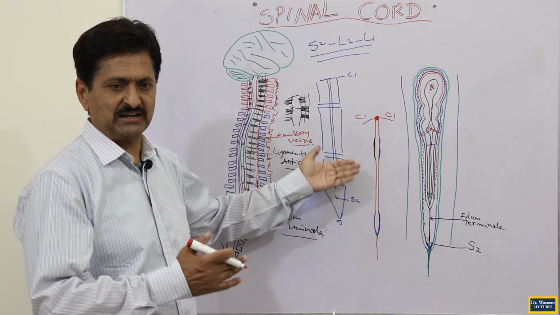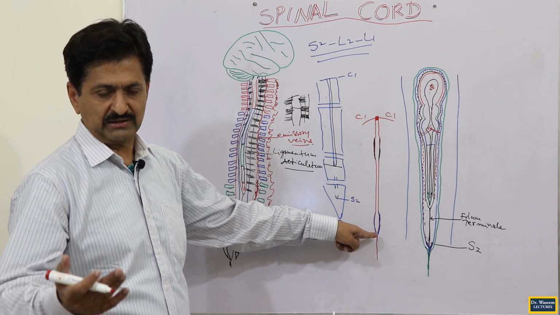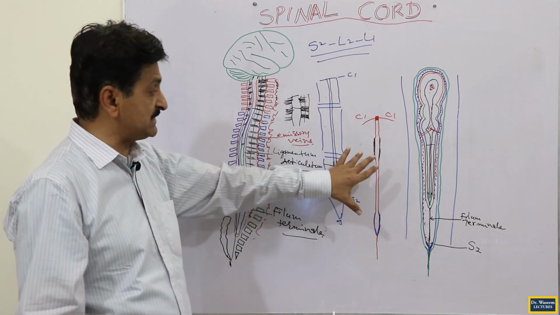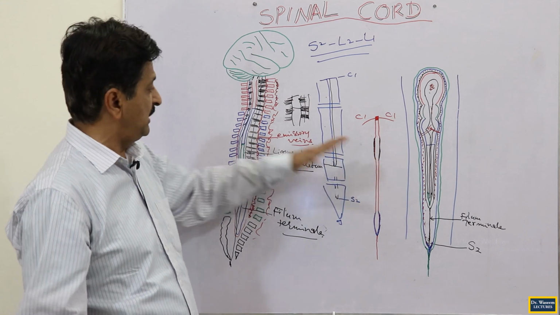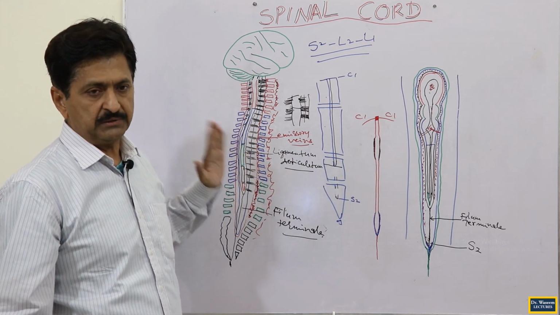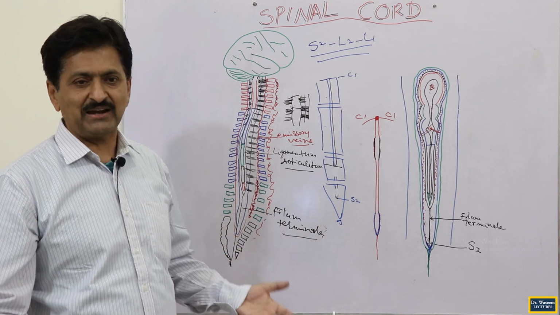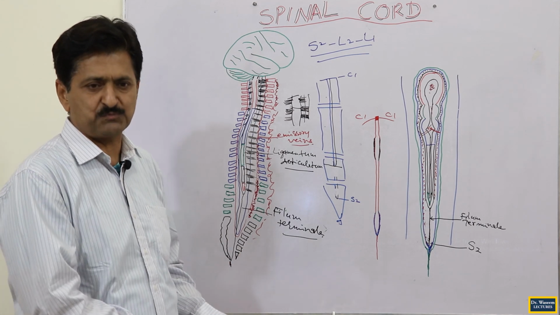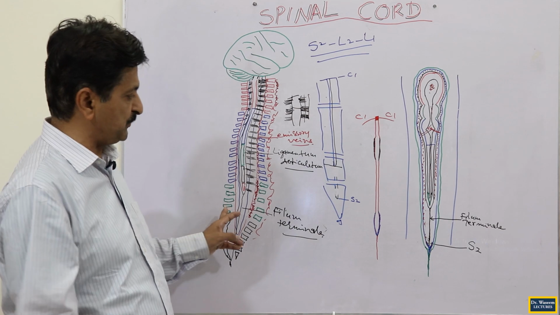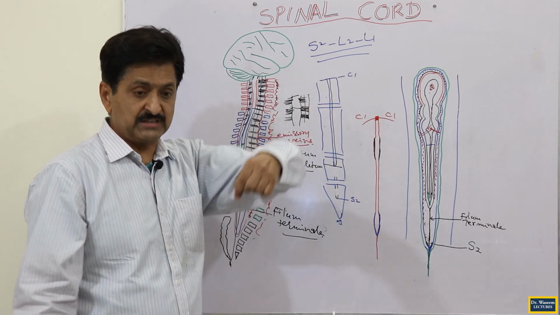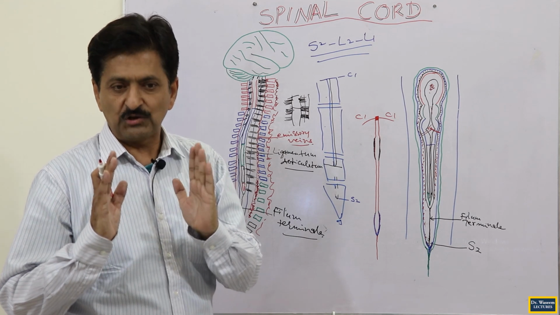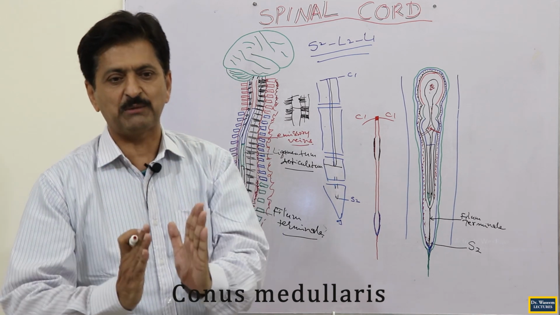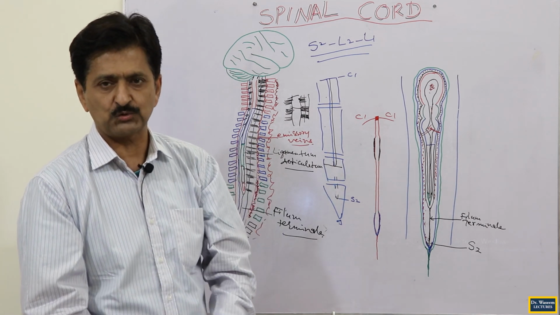You say first cervical segment, then the second, third, fourth, till the last, which is the coccygeal segment. So we have 31 segments of spinal cord, and up to adulthood these 31 segments are occupied within 20 vertebrae. Down in the lower 10 vertebrae they are empty. We do not have a spinal cord there. We have filum terminale, meninges, and subarachnoid space to some extent, but no spinal cord. The 31 segments are accommodated in the vertebral canal formed by 20 vertebrae, up to L1, though we have vertebral canal below also, but the spinal cord is not there.